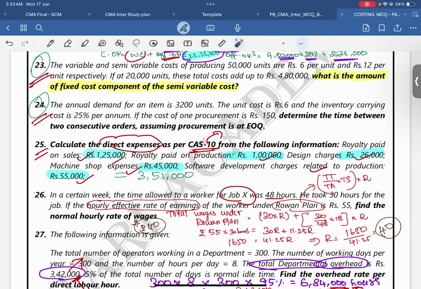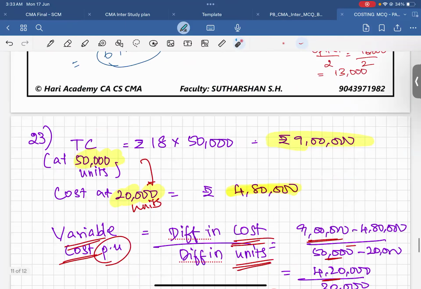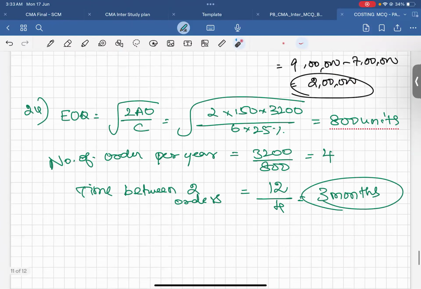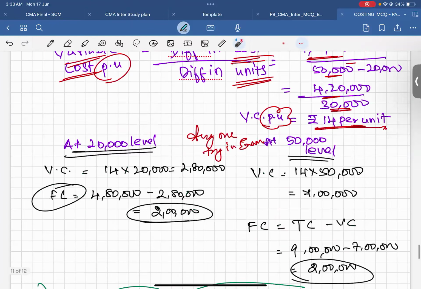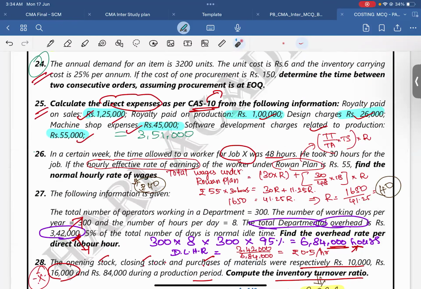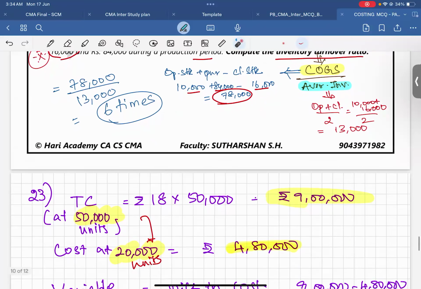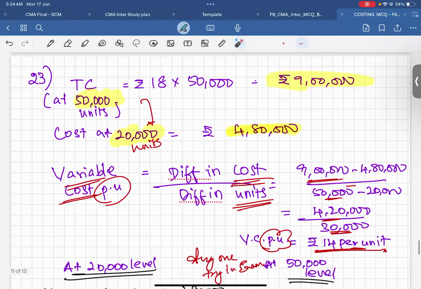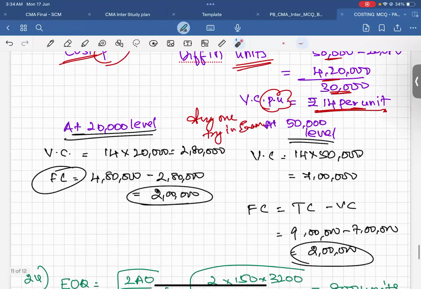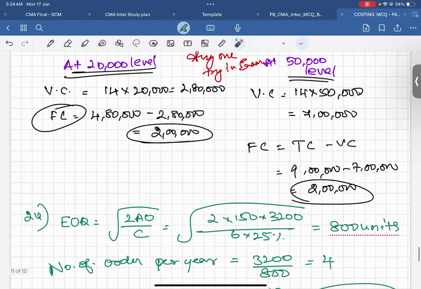What is the value they have given? 6 into 25 percentage, you will put it in a calculator. I'm completely gone into sleepy mode. Just try to complete it quickly, guys. I know you are going to watch this video for long, so try to understand it. It is 1.5, right? I will try my best to make you understand.